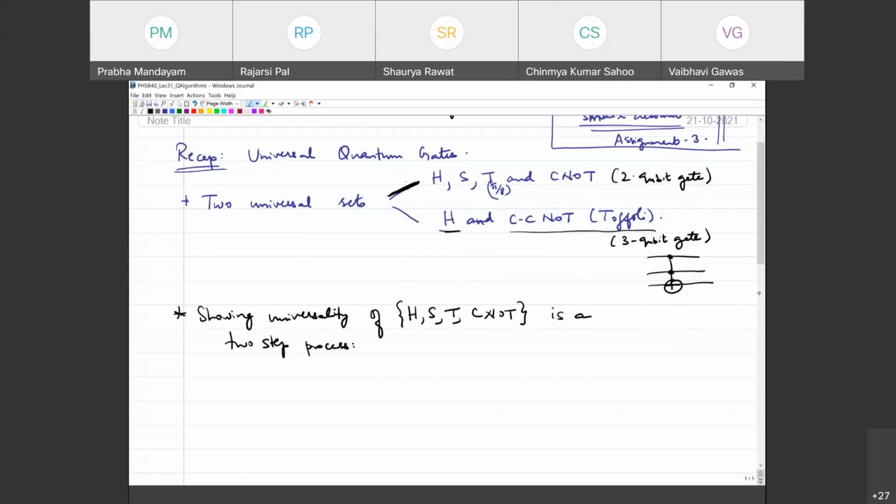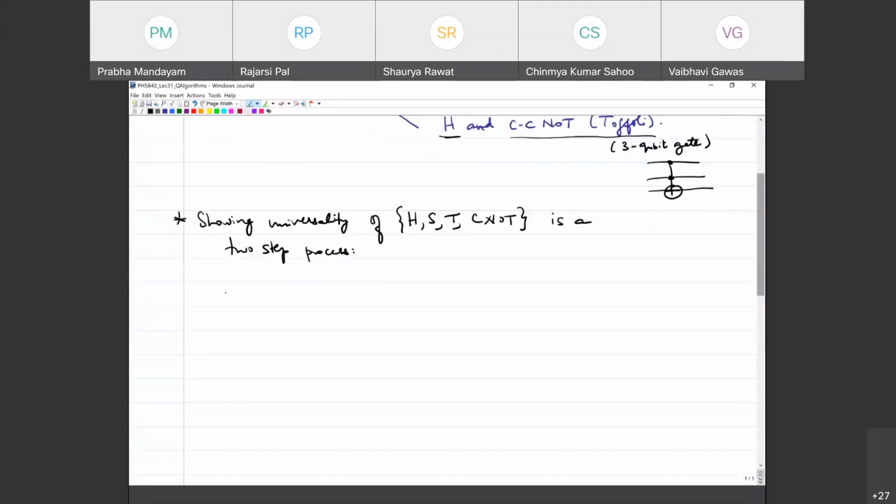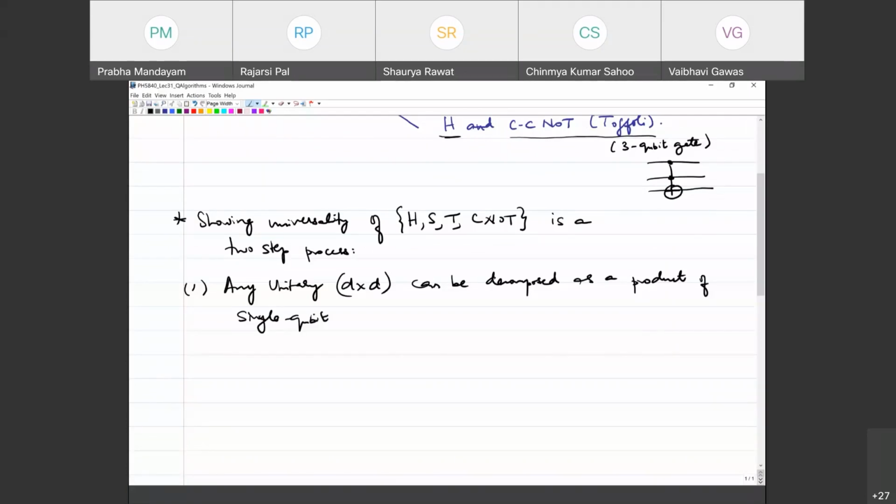So the first step is to show that any unitary, which could be D cross D in general, can be decomposed as a product of single qubit unitaries and C naughts. Okay, so